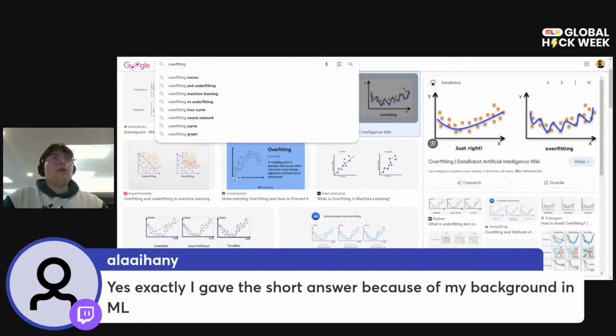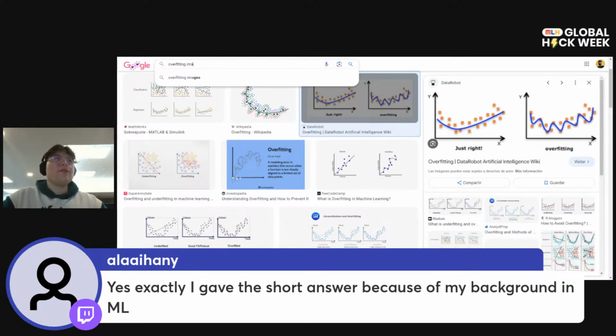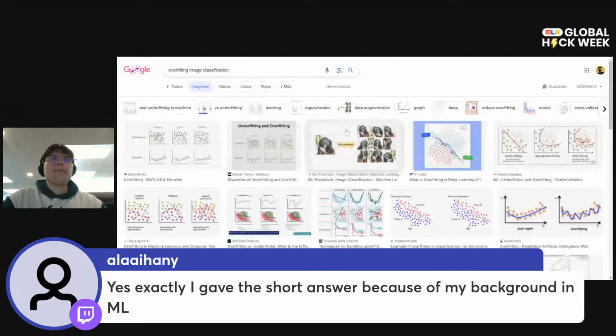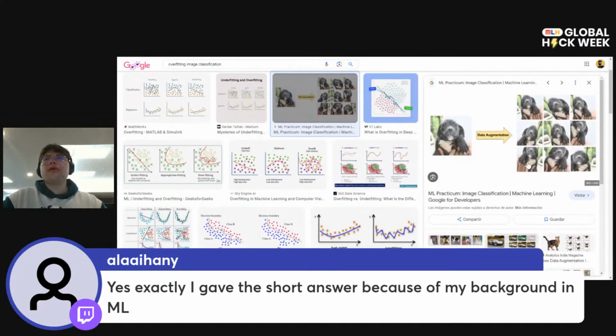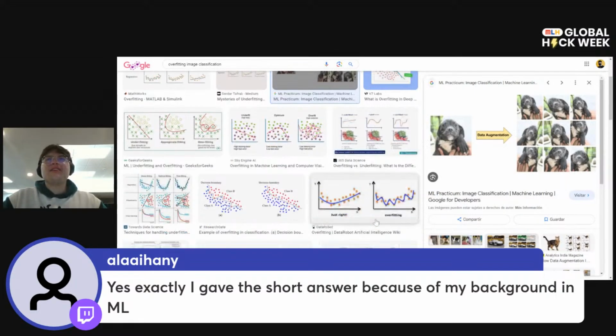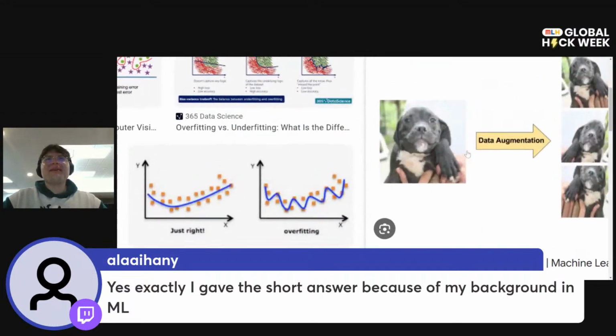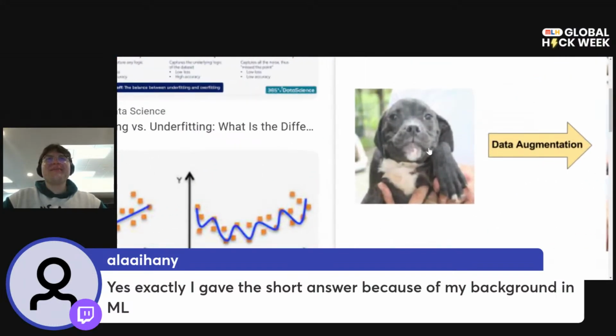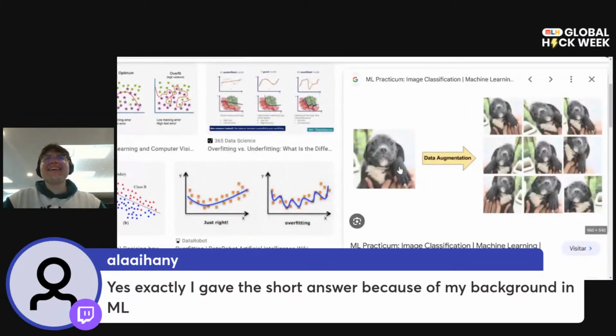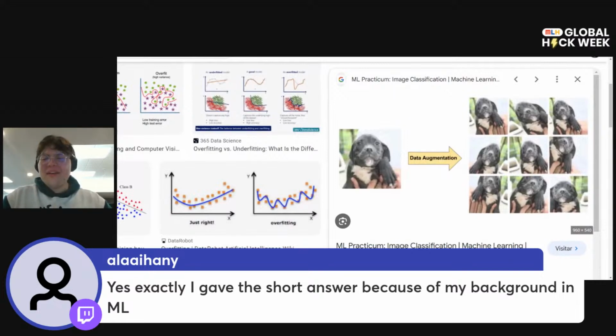And overfitting image classification, there you go. Maybe when we pass this, we're going to have some kind of problems with the doggy that we're seeing. I really love the image. It is super cute. It's adorable. But yeah,